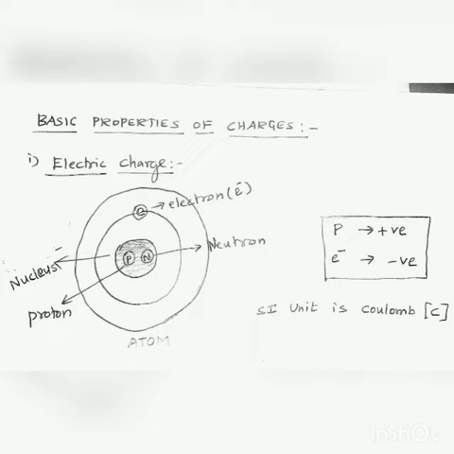Proton and neutron are tightly bound in a nucleus because there is a force acting between them called the very strong nuclear force. Proton is a positively charged particle, and the nucleus is also positively charged. Electron is a negatively charged particle. These particles have charge, an inherent property of particles. So protons and electrons are simply called electric charges, and the SI unit of electric charge is the coulomb. The symbol of coulomb is capital letter C.